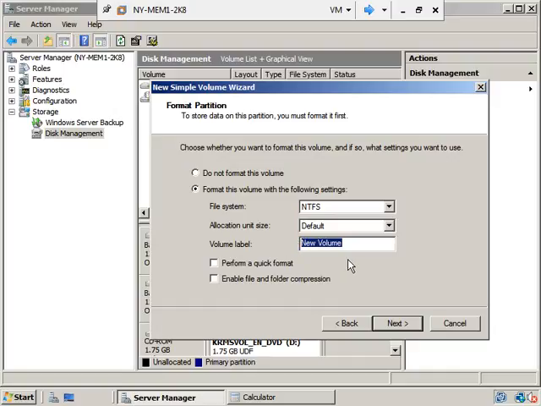All right? Volume label. We're going to make this first partition. Let's make this one for the sales stuff. All right? We'll make this the sales volume. So all of our sales stuff will be on this particular partition. Now we are going to perform a quick format, and we're also going to enable file and folder compression to